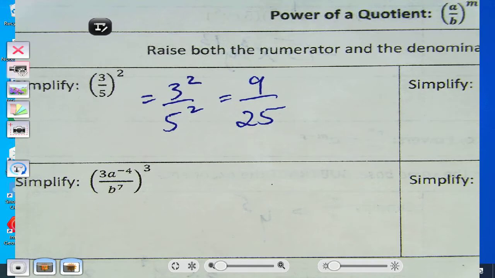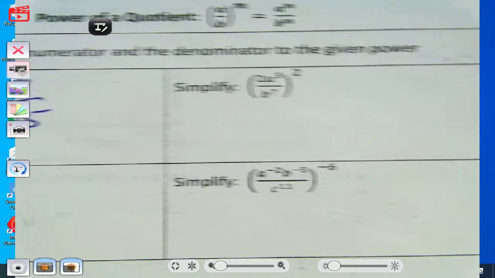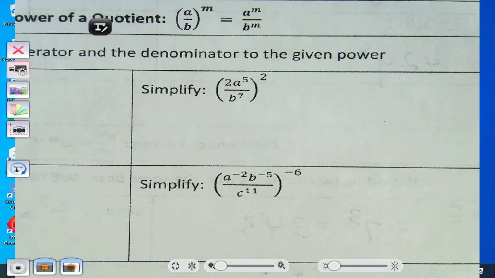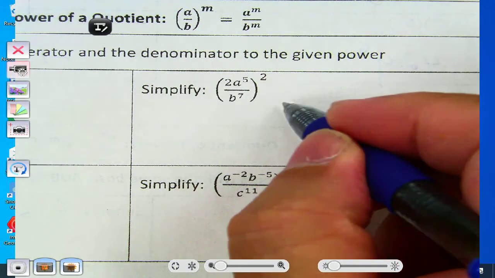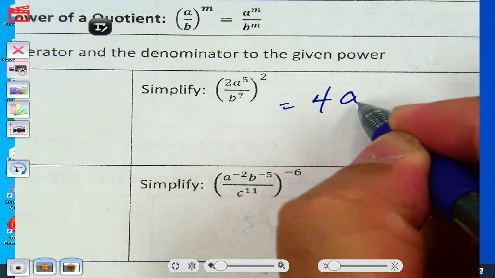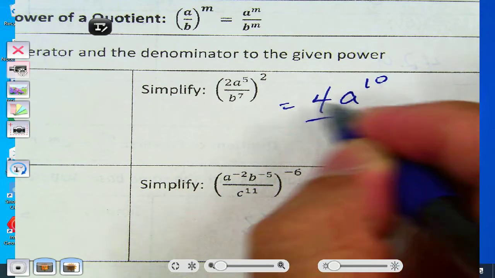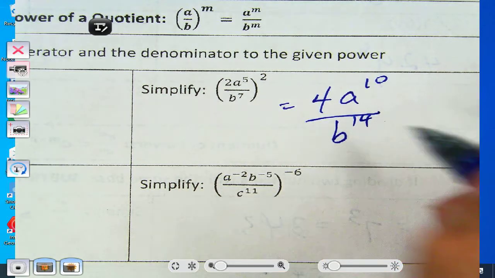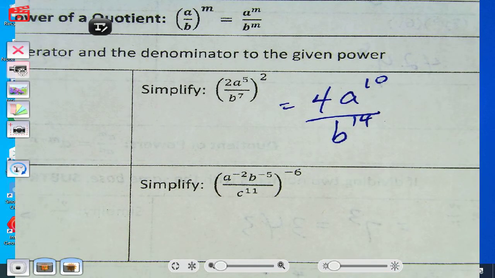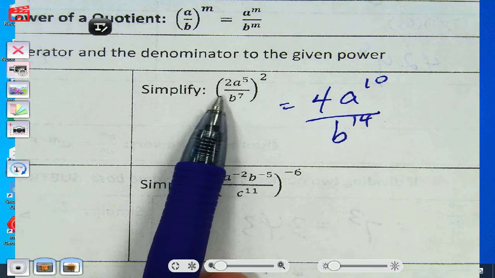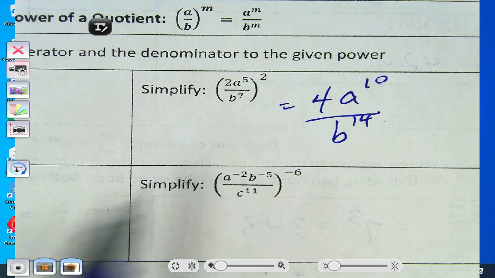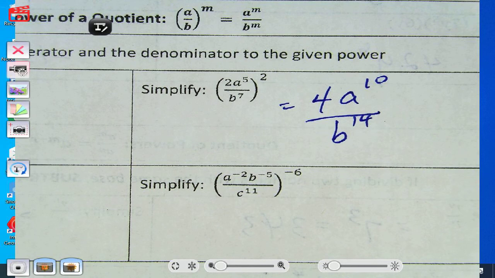All right? Continuing. So you're going to distribute that exponent. So that's 2 squared, which is 4. 5 times 2 is 10. 7 times 2 is 14. That's all you're doing. You apply the exponent to the coefficient. With the other exponents, you just multiply them. 5 times 2 is 10. 7 times 2 is 14. You don't have to put a 2